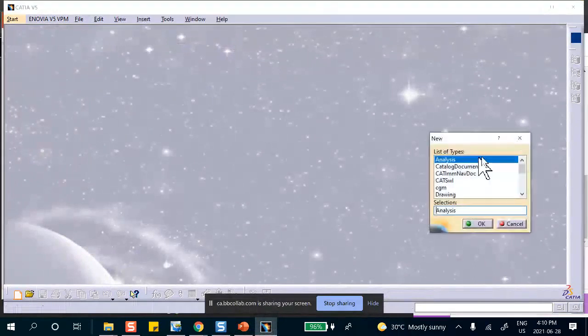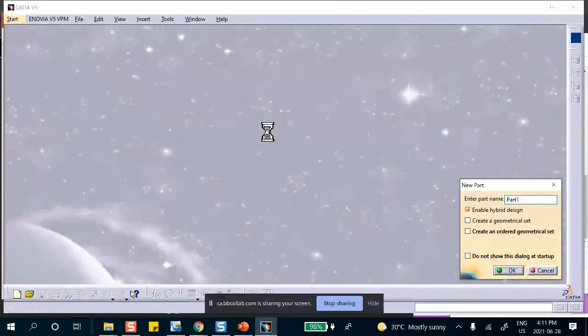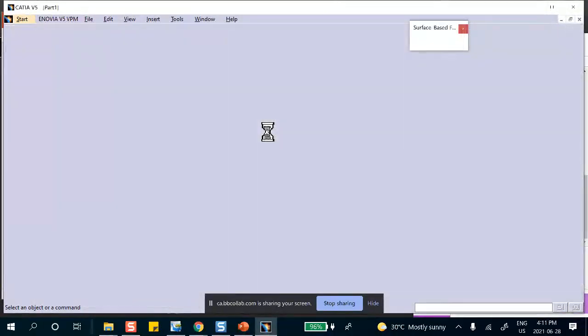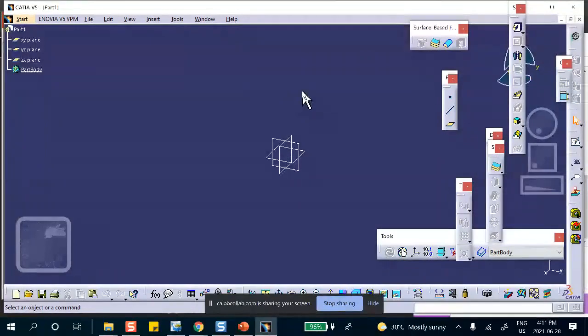So I'm going to start with a part file because you can only do vibrations of a single part. If you have an assembly, you try to find natural frequency of vibration, it'll immediately tell you, I can't do it. Because what is important is resonating a particular part within your structure, not the whole structure. You cannot do the whole structure. You cannot talk about natural frequency of vibration of an assembly. That is meaningless.